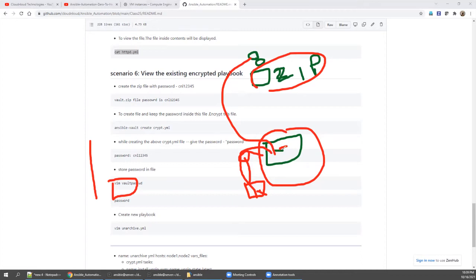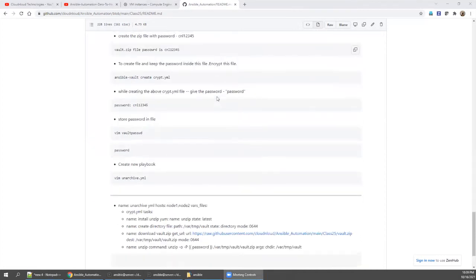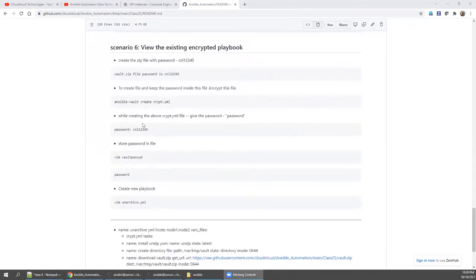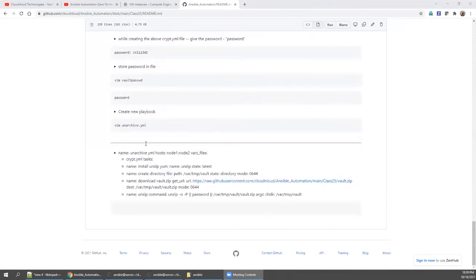Once opened, the password will be taken out, and using this password, the zip file will be unzipped. This is what we are going to achieve, right? If you are confused, the steps are very clear step by step. Please do it one more time so that it will be easy for you to understand.